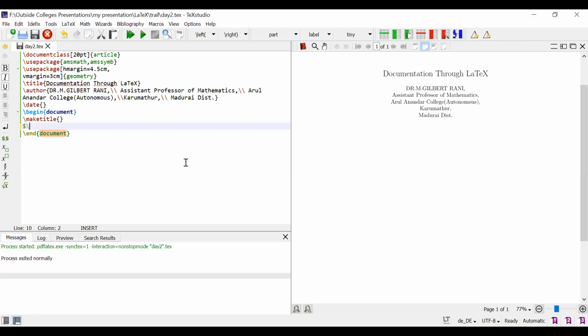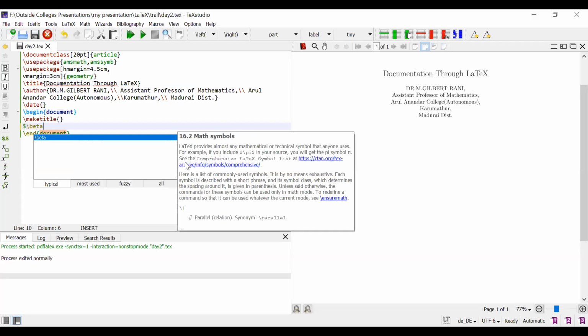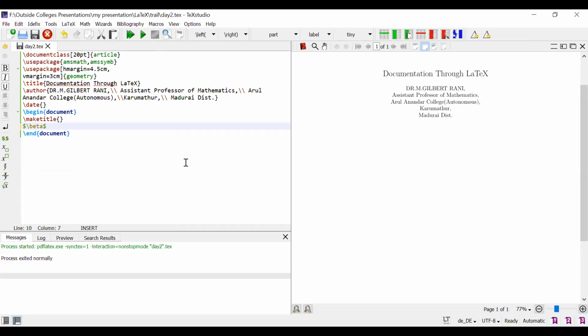Again, use this backslash. Suppose I want to type beta, we just write the spelling of beta. Don't forget to put the dollar symbol at the end of this symbol. Now I can compile the same thing. See that we got beta.